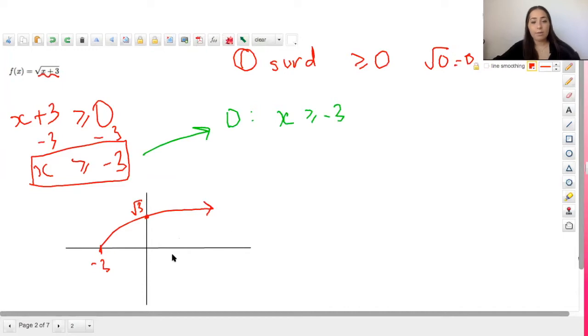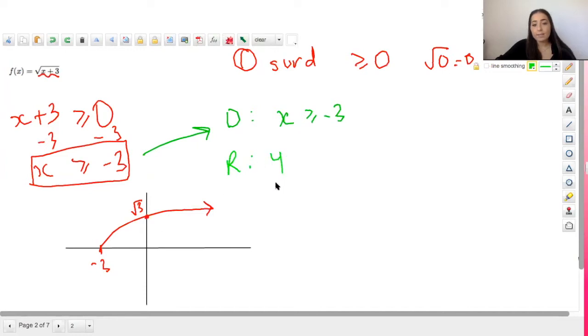Okay, so this is our curve here. Now, to determine the range of this function, we're going to look at all the y values that are being represented on this curve. So we start at y equals 0, it's being represented there, and so forth, all these values here, and the curve continues, so do the y values. So the range of this function